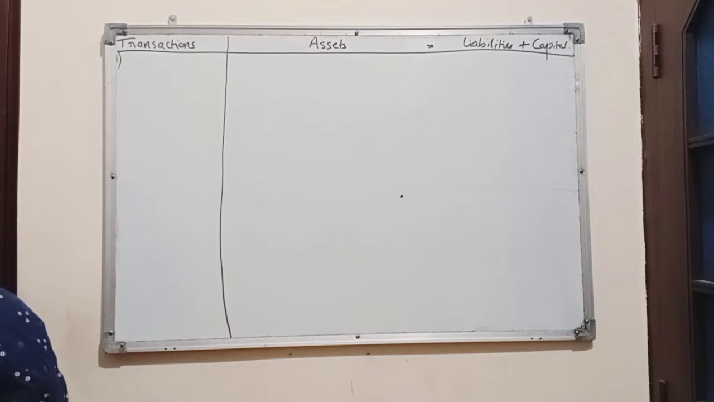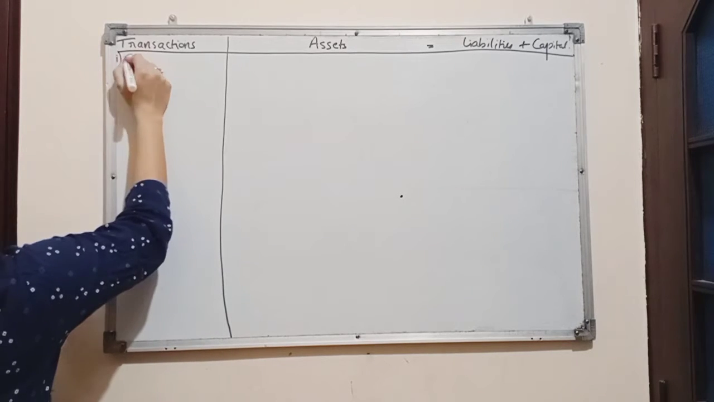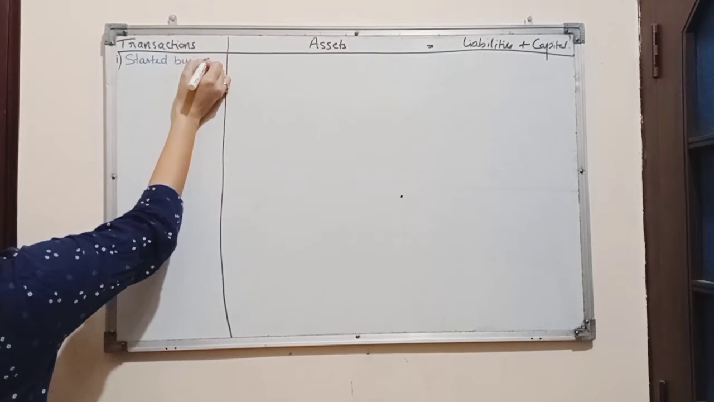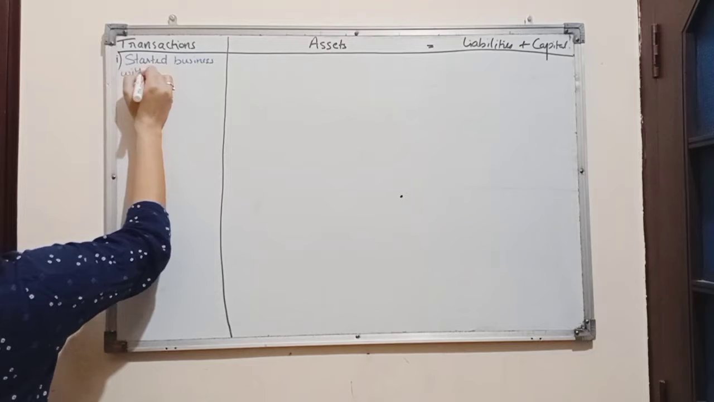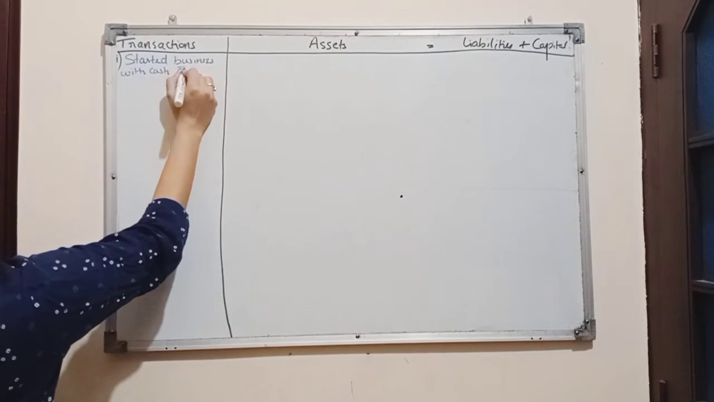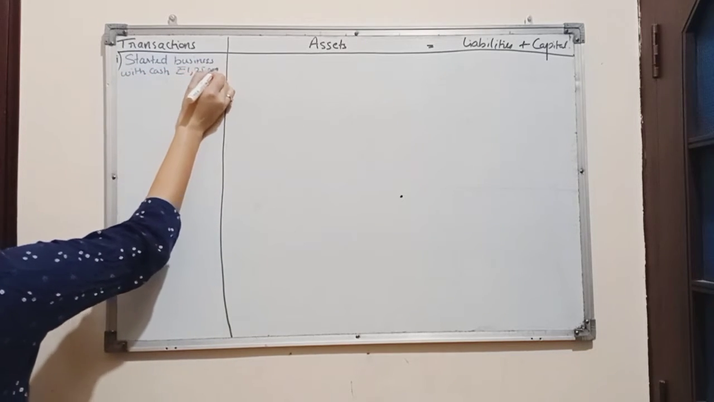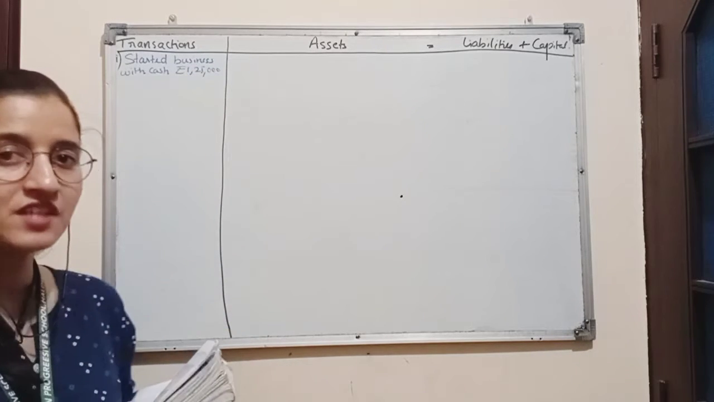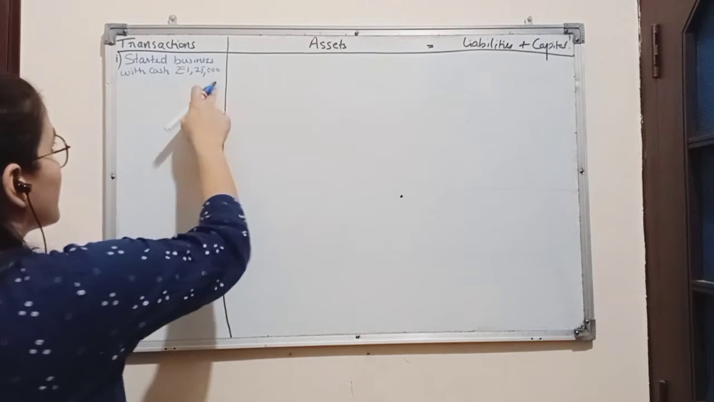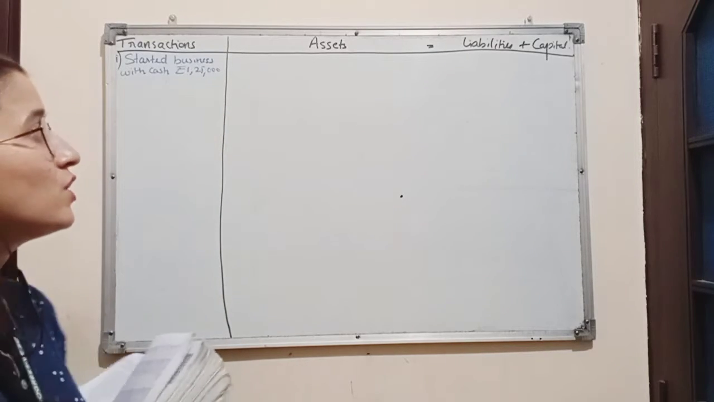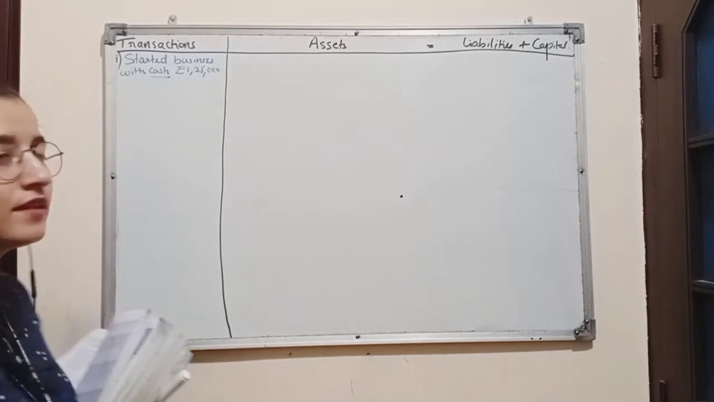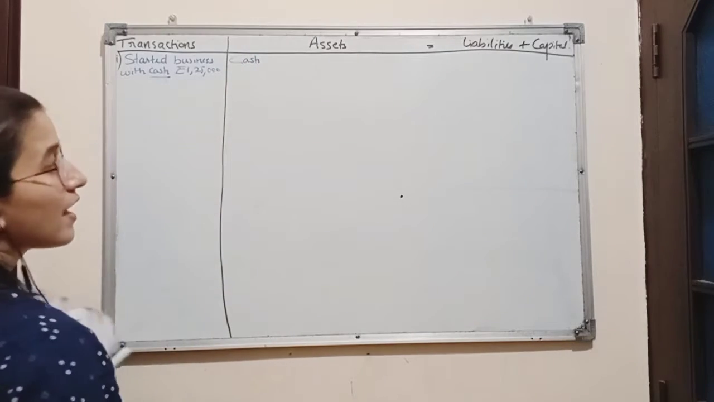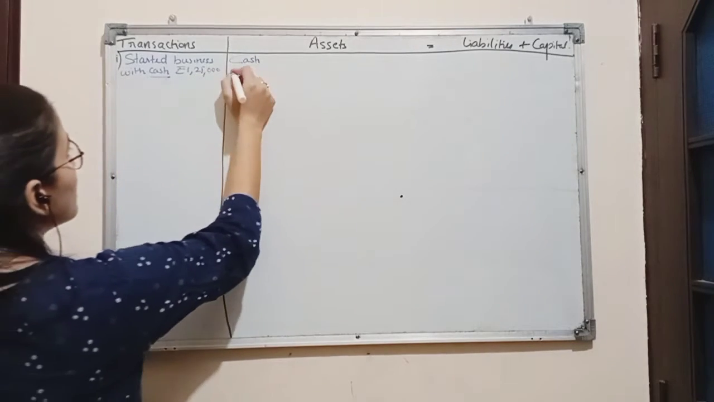First is started business with cash amounting to rupees 1,25,000. So here, as we know, business has been started with cash. That means there is an inflow of cash in the business amounting to rupees 1,25,000. Cash is considered as an asset. So we will open a column of cash on asset side and we will record the amount